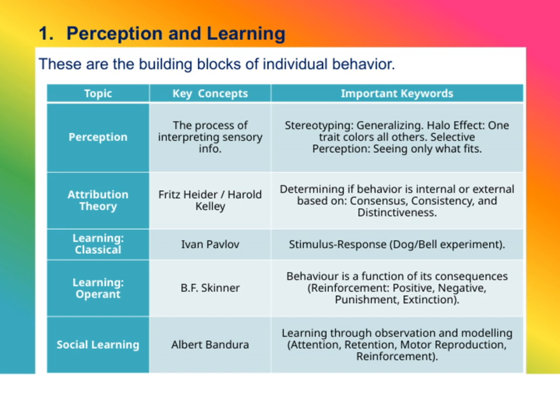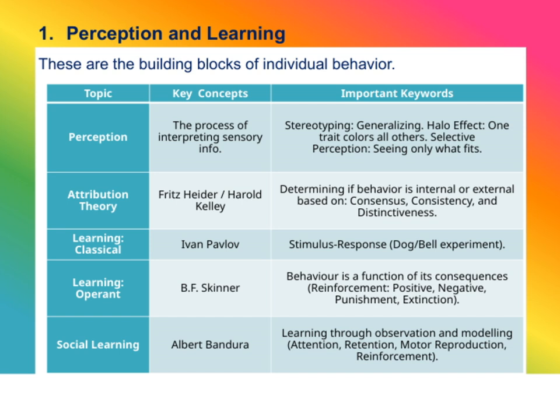Now let's explore learning, which shapes much of our behavior. First, classical conditioning, pioneered by Ivan Pavlov, involves learning through association. Think of Pavlov's dogs. They learn to associate the sound of a bell with food, eventually salivating at the sound alone. Next is operant conditioning, developed by